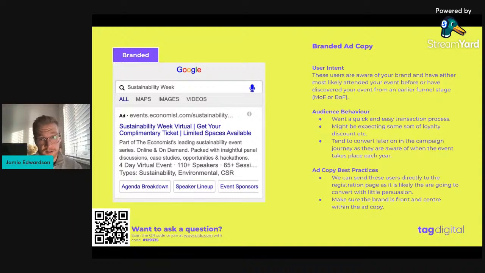And then onto branded ad copy. So the intent here, these users are really most likely aware of your brand, unless they've discovered your brand just by chance. But most of the time, these users have attended your event before, or they have discovered it from earlier stages of the funnel from doing their research. And the behavior here, they really want an easy and quick transaction process. They might be expecting some sort of loyalty discount, and they tend to probably convert a lot later in the campaign